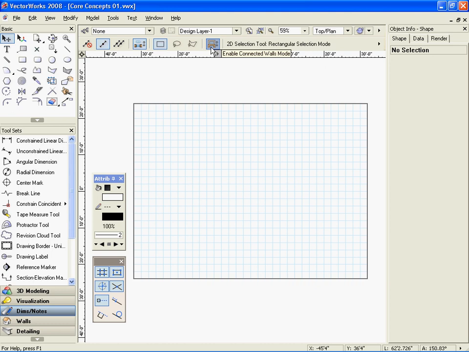When drawing an object, these data fields describe the size and location of what's being drawn. I can type in these fields to enter specific sizes as I go. As with the view bar we just looked at, these data fields have display options controlled from this menu on the right side. The fields can be shown on a fixed data bar, as seen here, on the toolbar, which saves a little bit of screen space, or as a floating data bar, which appears on the screen wherever you're